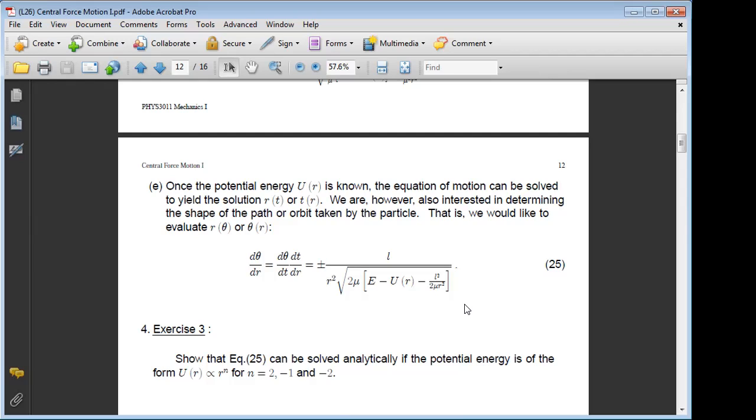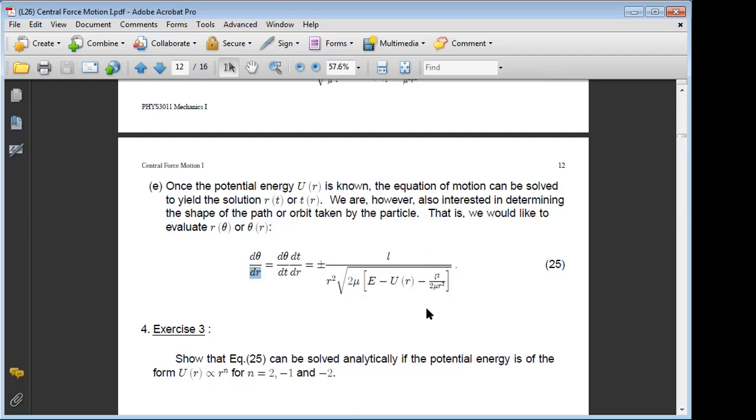Is it true? Now, to check it is very straightforward. We move this dr to the right-hand side of equation 25. We know that L is a constant, E is a constant,